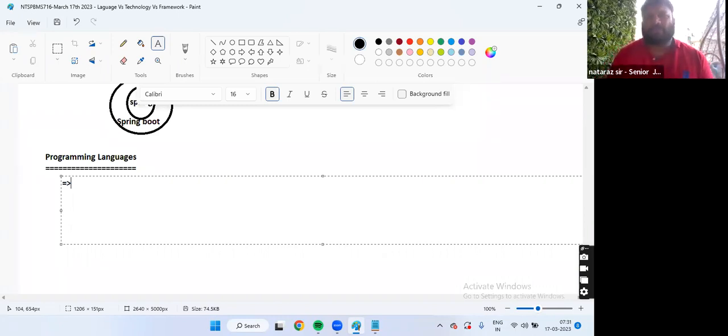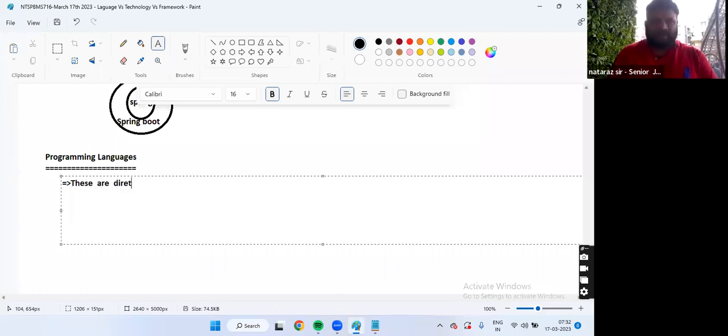You take Java, JDK is installable. You take C language. In one or other way, we will directly install them. Why am I highlighting that these are installable? Whereas technologies are not directly installable. There is a lot of story with respect to technologies. We work with the technology, we don't install them directly. We have to install something else in order to work with the technology. So that's why I'm highlighting the word install.